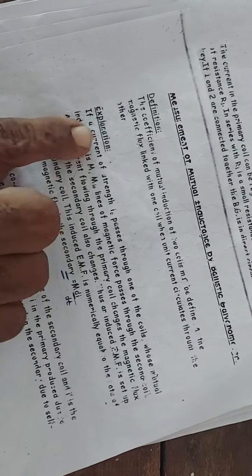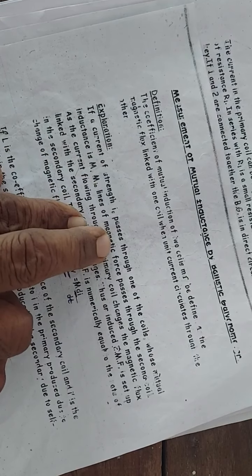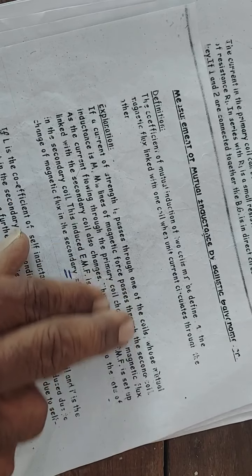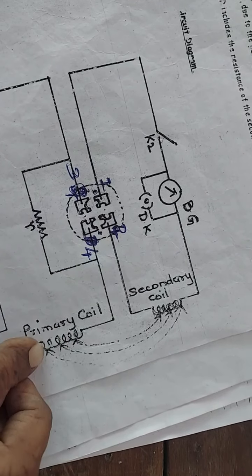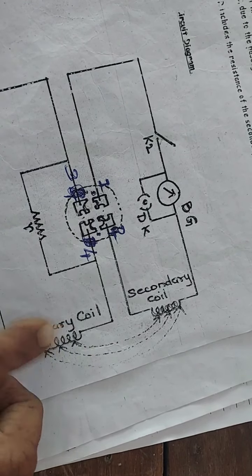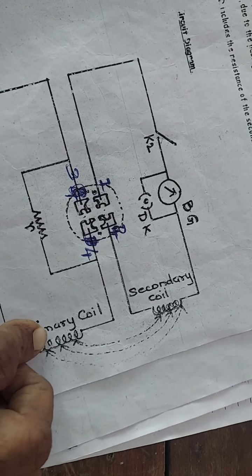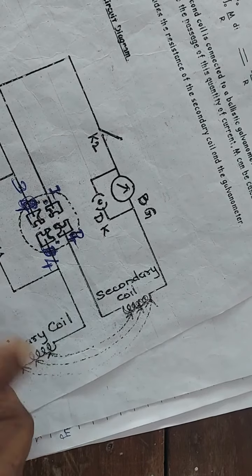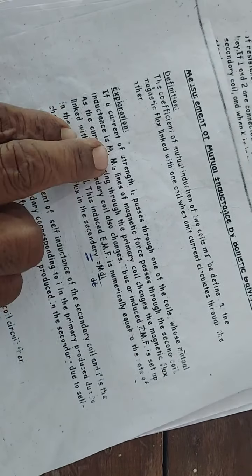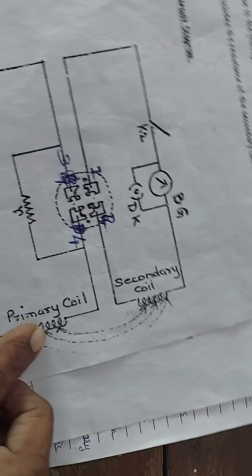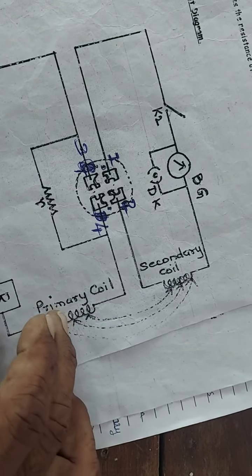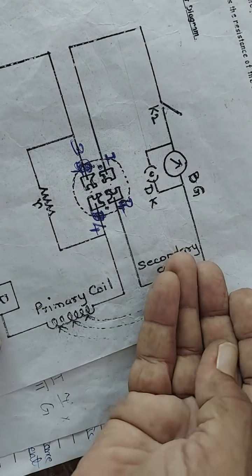Now, you know the theory that when a current of strength I0 is passed through the primary coil of the transformer, whose mutual inductance is M, then magnetic flux is produced in the primary coil. The magnetic flux produced in the primary coil is linking with the secondary coil.